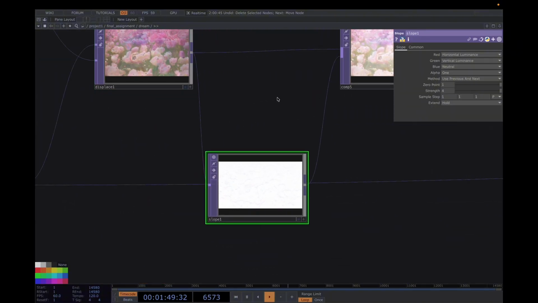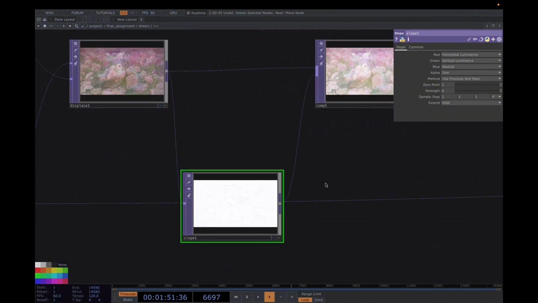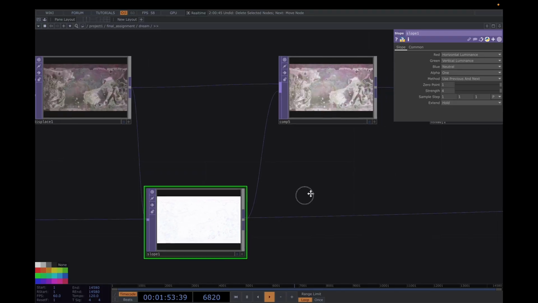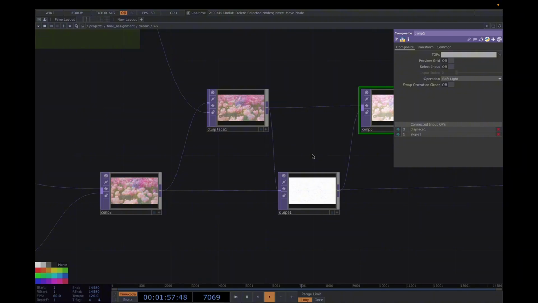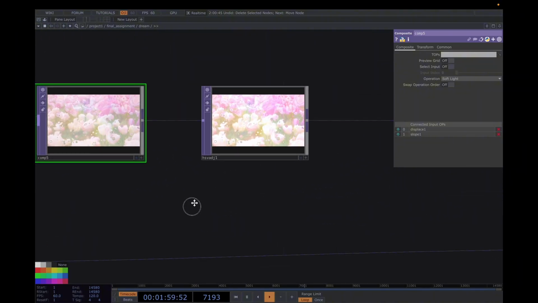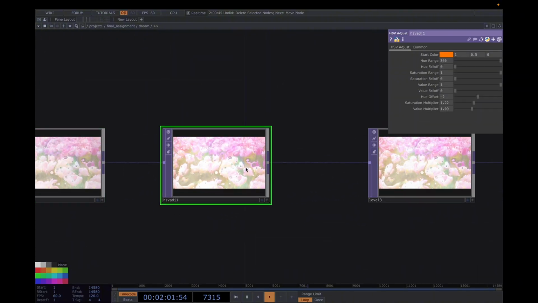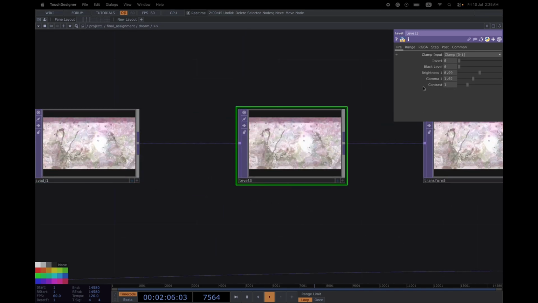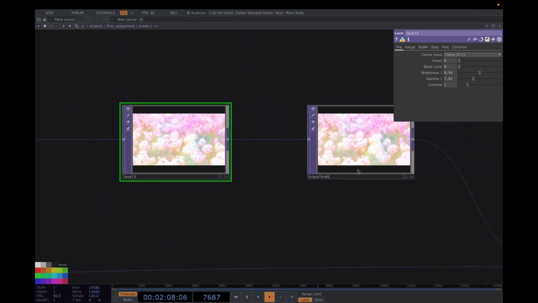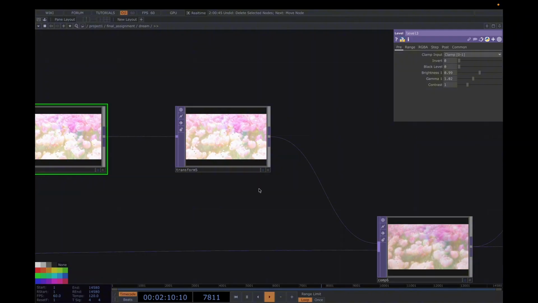And then I put a slope here, adjust here, and then I put a composite to combine these two together, and then I put it to adjust the color, and then put the level to adjust the data, and then I put the transform 5,